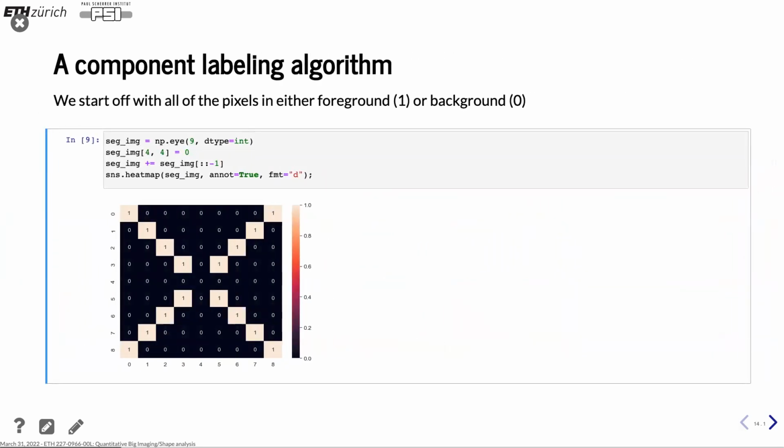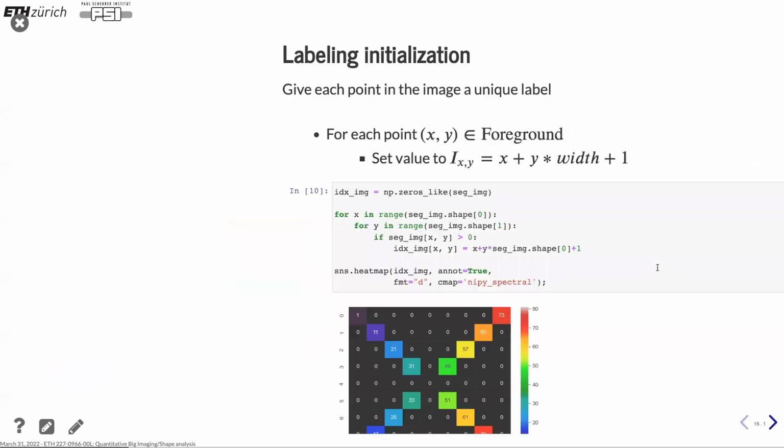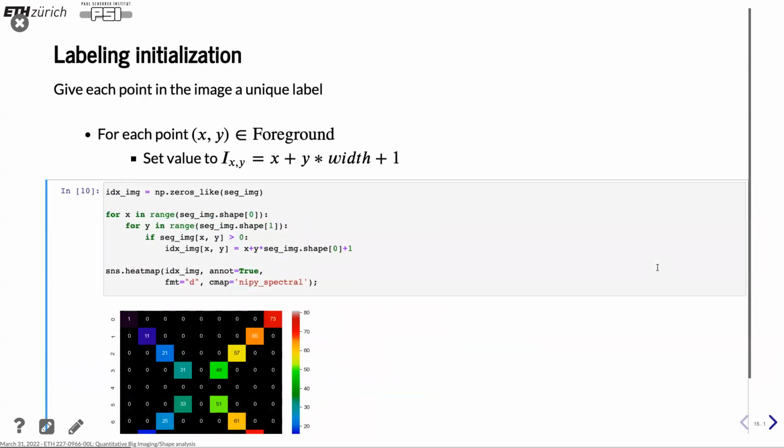And a very basic component labeling algorithm, then to demonstrate the principle, would be that we have this image, we have the black and white. In this case, we have just 4 diagonal lines. And this is our test image that we are going to work with. And the initialization of the labeling algorithm is just that we take each pixel that is foreground gets an index